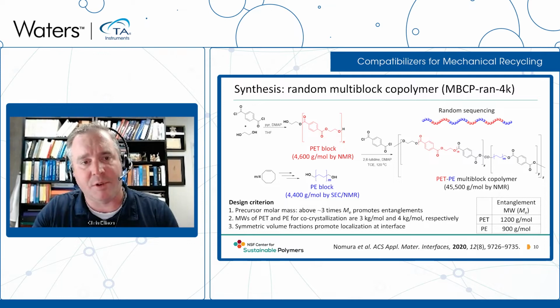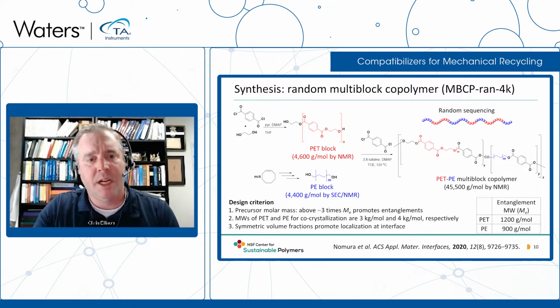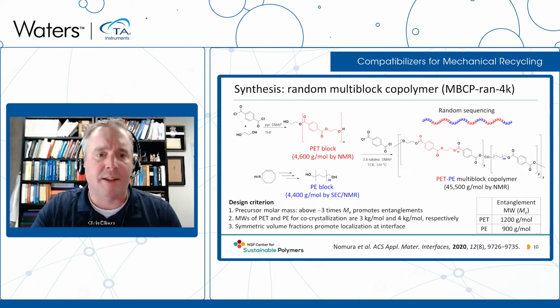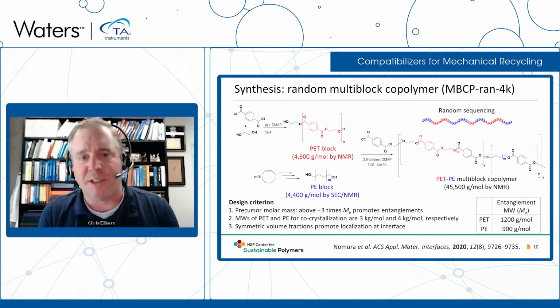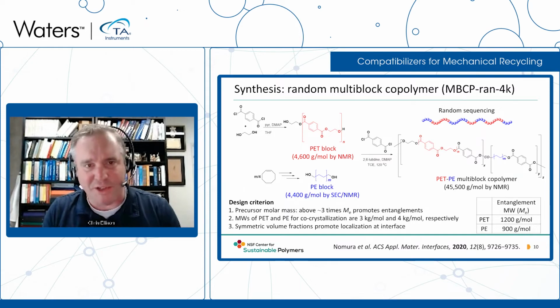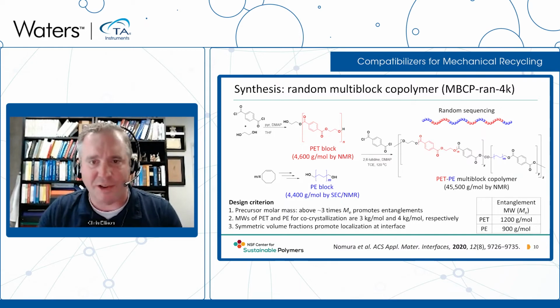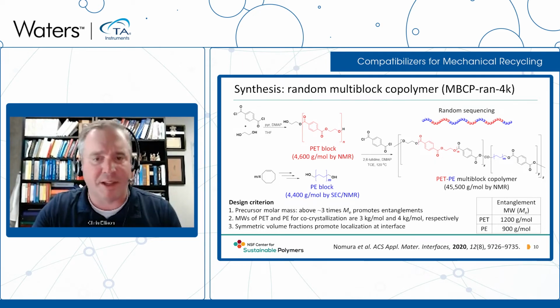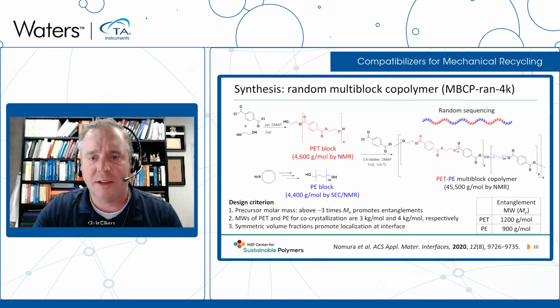It's about 4,600 grams per mole. We make the PE blocks separately. In this case, we're using ring opening metathesis polymerization followed by catalytic hydrogenation. These two components can then be coupled together using a diacid chloride, which installs linkages and units that look exactly like the PET precursor. And ultimately, we can make these materials with, on average, something like 10 to 15 blocks,